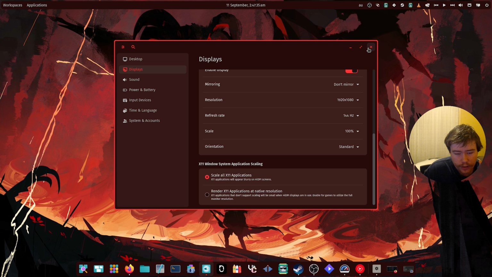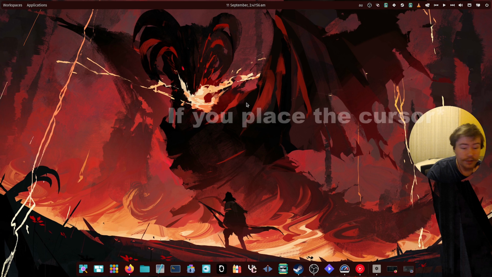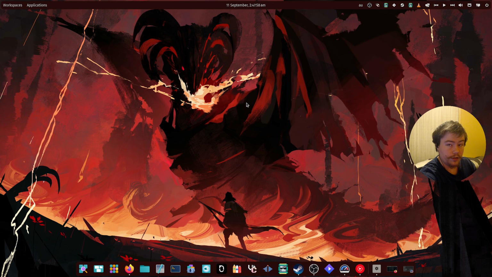And the last feature I would like to have, and I heard from a developer that they can't do this because of how Wayland behaves, but I always wonder how KDE Plasma does it, and it's to do with games launching on monitors. So depending where you place your cursor depends on where the game will launch. So if you place the cursor on this main monitor, it's going to launch on that monitor. If you place the cursor on this monitor I have over here on the left, it's going to launch on the left side. It's a similar approach to how GameScope works, where GameScope can not see your monitors, so it just bases the launch of the application based on where your cursor is,